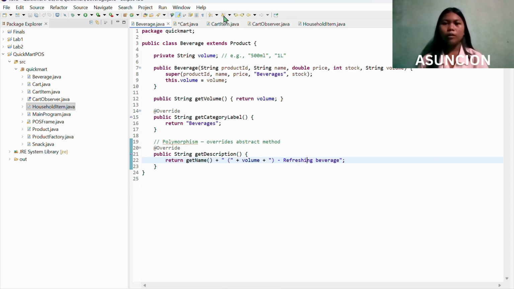Product examples. Beverage class. Let me start with one of our product classes, which is the Beverage. In our code, we have the class Beverage extends Product. This means that Beverage is a child class of Product. So instead of rewriting everything, we reuse the attributes like product ID, name, price, and stock. We also added a unique property,